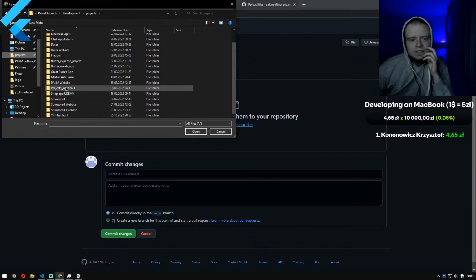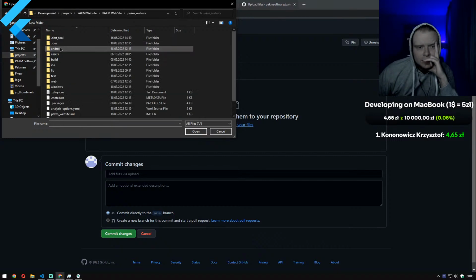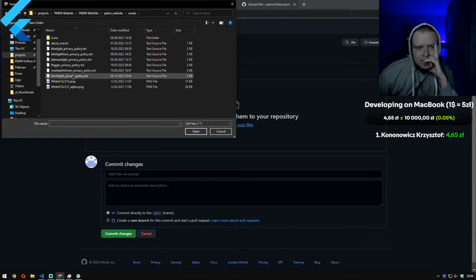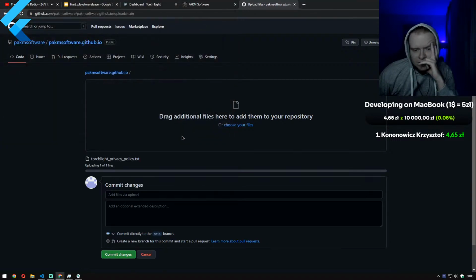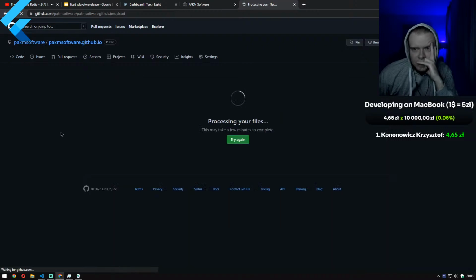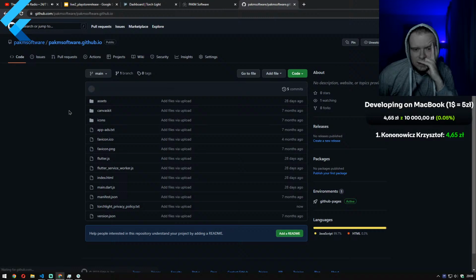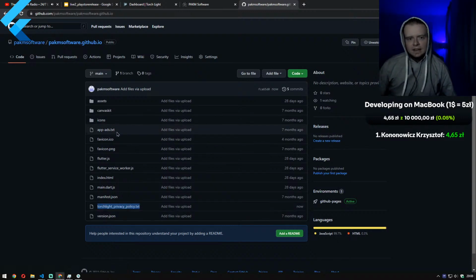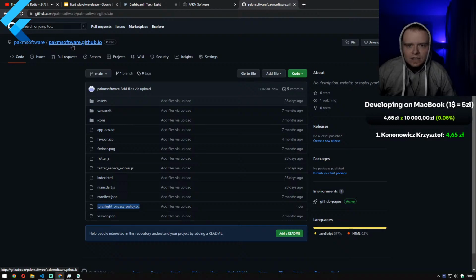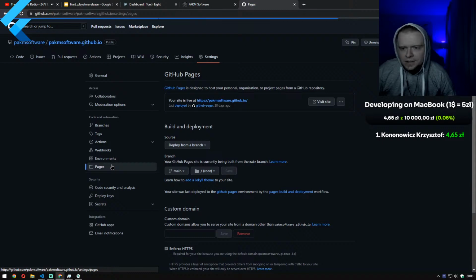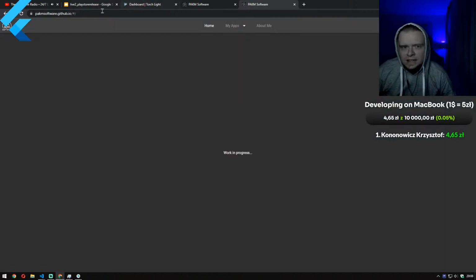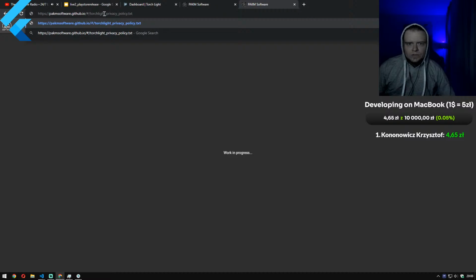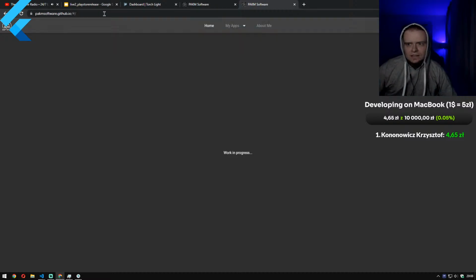the project that we added our privacy policy. So let's go to the assets, torchlight privacy policy, commit changes. So now the torchlight privacy policy should be available from the paxsoftware.github.io. If we go to the settings, we go to the page, we visit this site, and now if we put the torchlight privacy policy.txt,